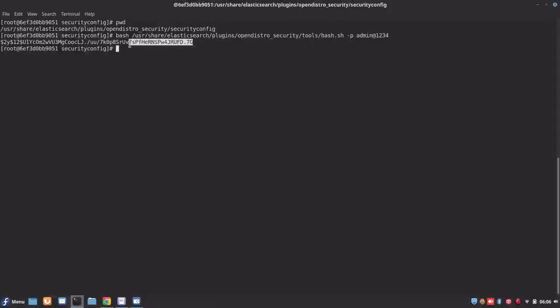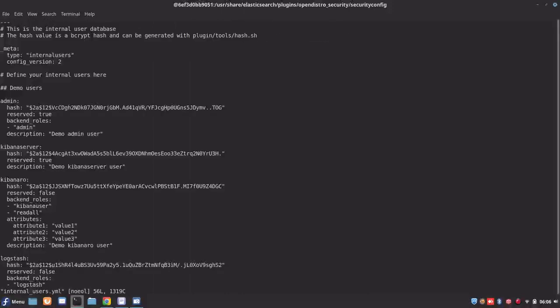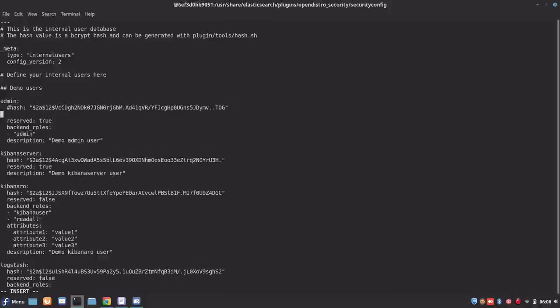So this is the hash that we created. We need to update this hash in the file. Let me comment this out, and create the same line with a new hash.